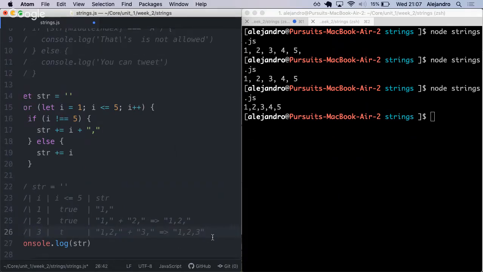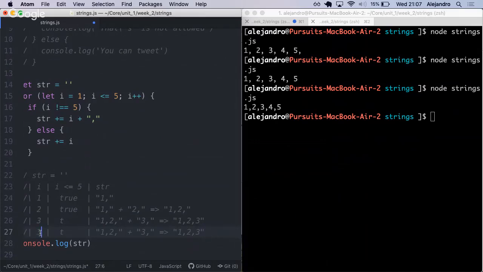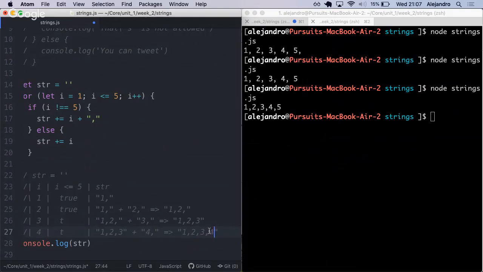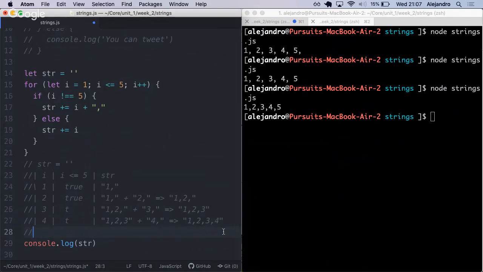Same thing for 4. Before that we had 1, 2, 3. Now we're adding 4 comma. Now when it gets to 5, something interesting happened. I'm sorry if I forgot to mention, all this time we were not going into this if statement, right? This condition was always false because I is not,